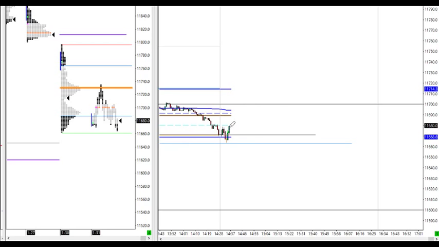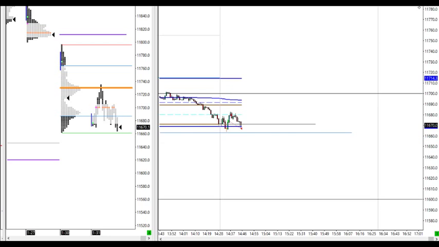Scale out first target here at 8 points at initial balance midpoint, have 2 more targets for further upside, potentially up to 700s. Flatten the rest of the long position here, no reason to hold this as is going towards the downside. Also you can see here though that it's held support here to the tick, but as said earlier, this market condition better takes fast profits rather than wait.